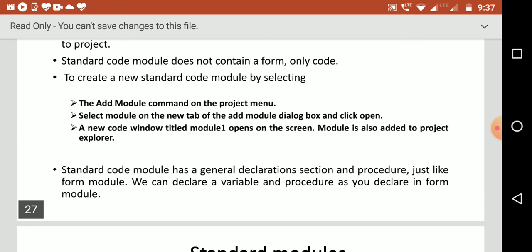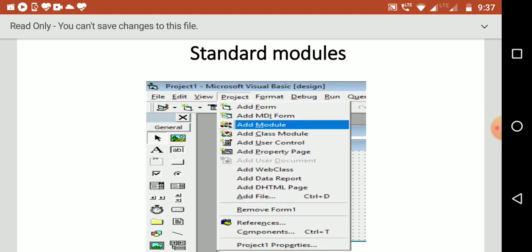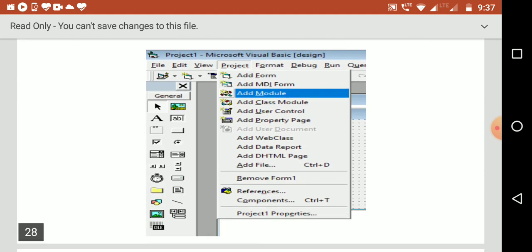A new code window titled Module1 appears on the screen. The module is added to the project explorer. So these are the simple steps to add a module. A standard code module has a general declaration section and procedures just like the form module. So as you can see here, this is how you can add a standard module.